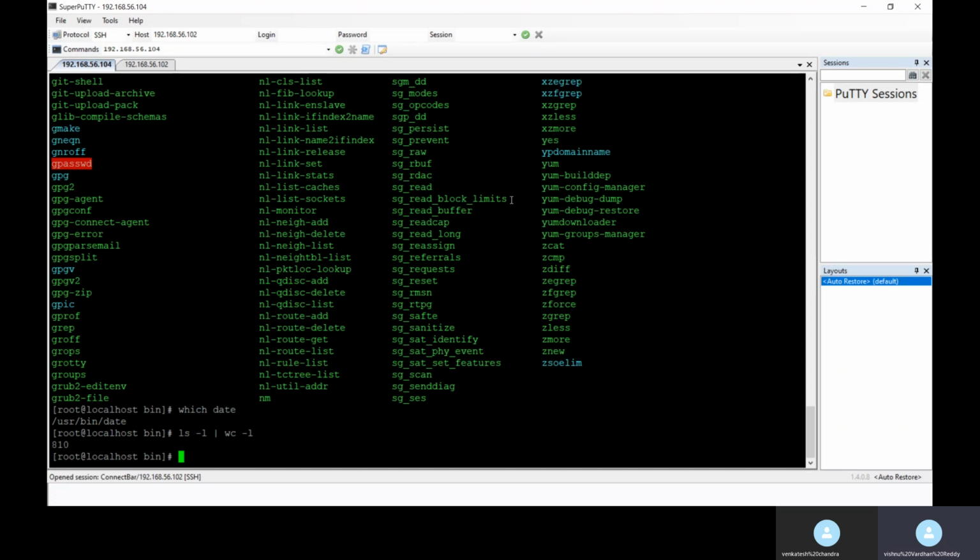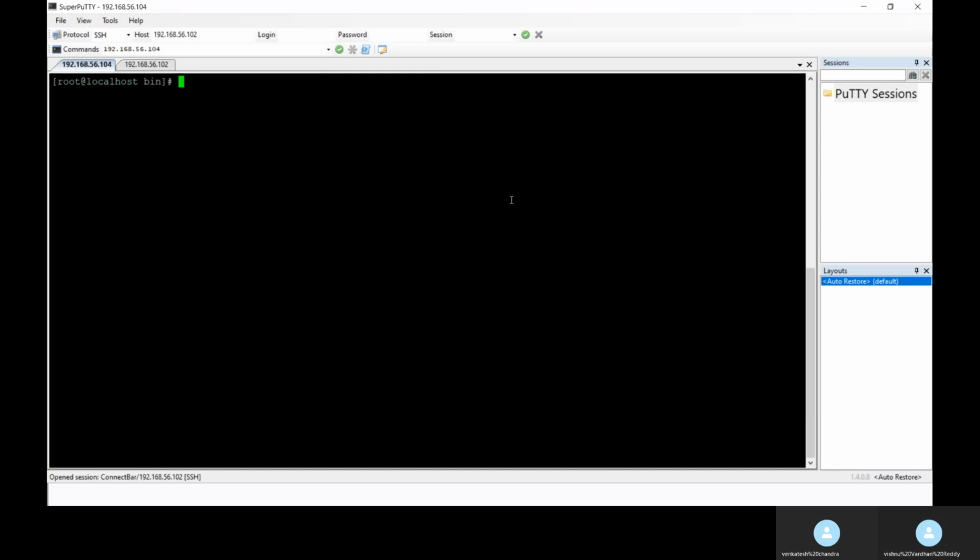And then next, I'm clearing this and coming out from the /usr/bin folder. Next is cal, the calendar. If you type it, it will display the current month calendar. So what is the current